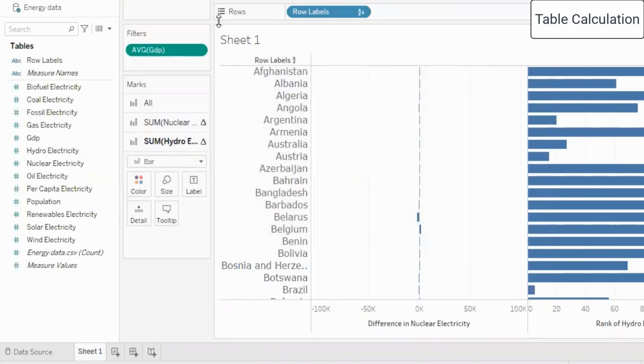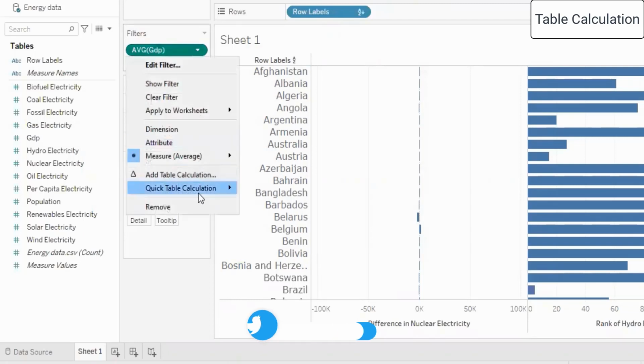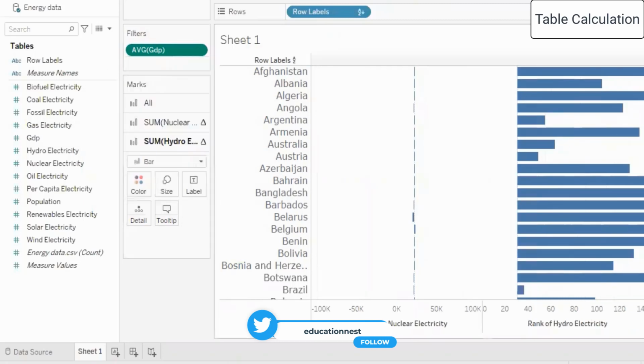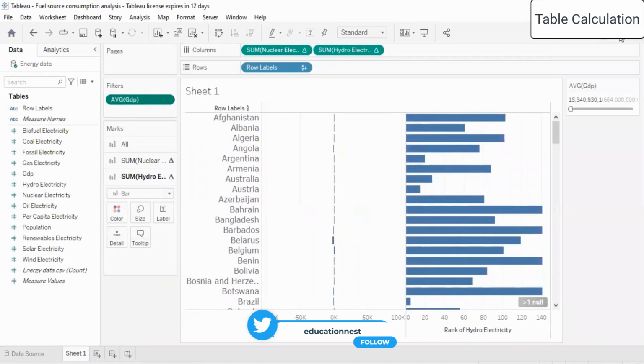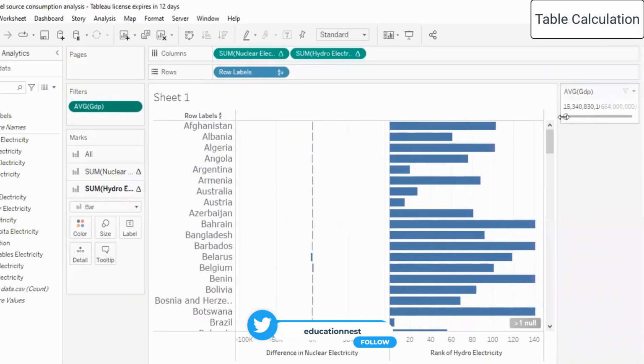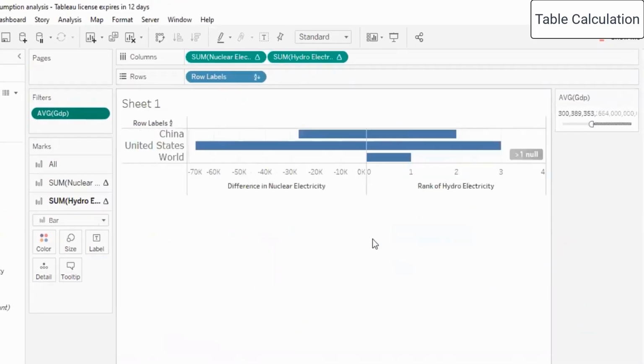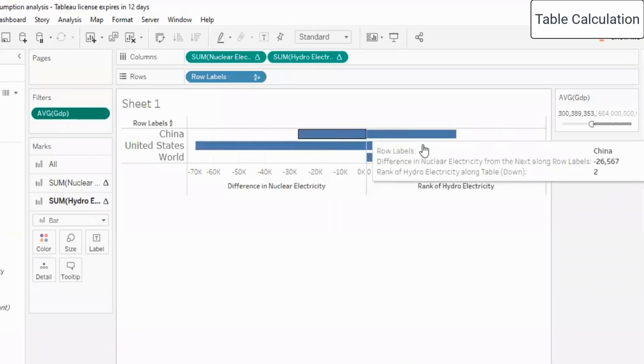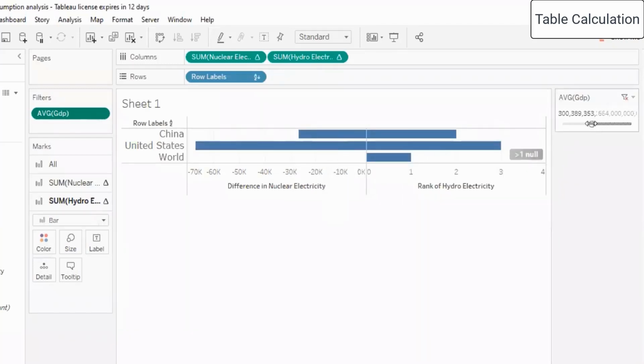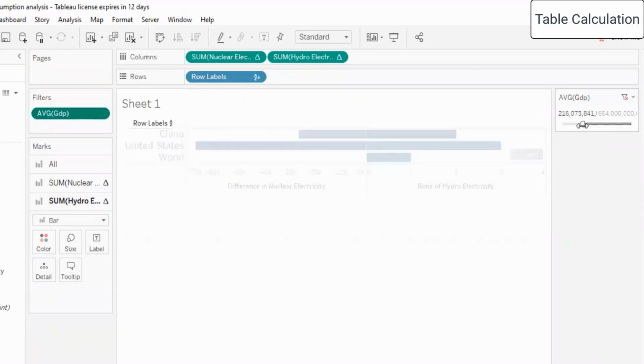So what do we have here? We have taken the average GDP, and I'm showing it as a filter. So it will come up over here, show filter. So this is how the filter shows up. Now, when I change this, you can see that the GDP values will change accordingly. And why is that? Because the average GDP value of US is the highest, followed by China. And then the third number is the world. If I stretch it over here,